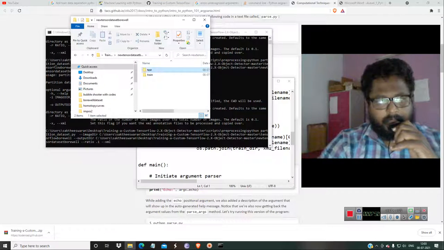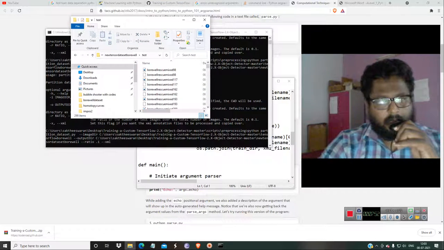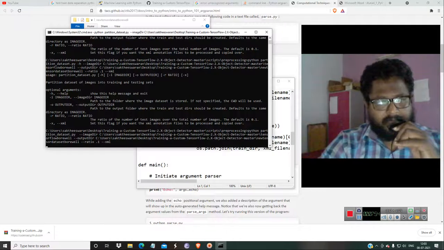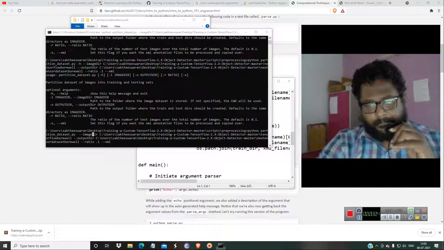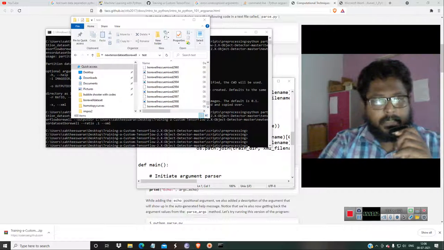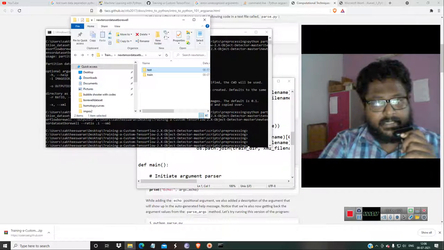So we have to give it in this format. So test and train, I have given it in this format. So it has to be in this image directory and all those formats. So it is just copying. It will take some time. Let it take its own time. Okay, it has been copied successfully. Test and train data sets. So we have to use this for TensorFlow object detection.